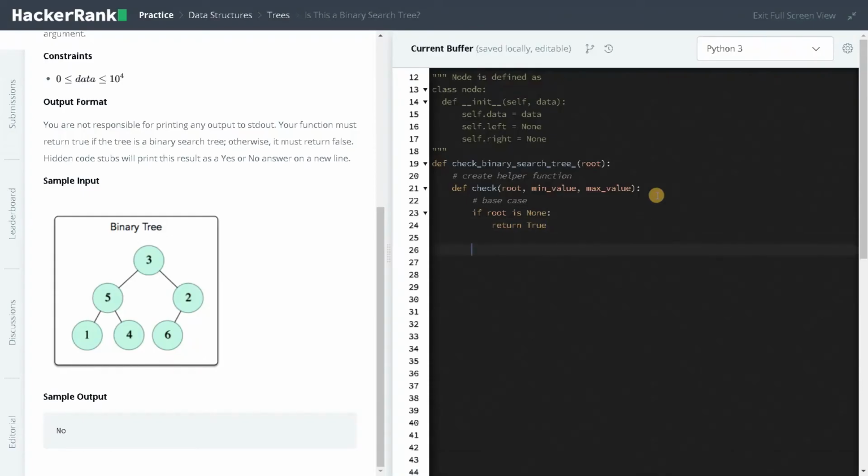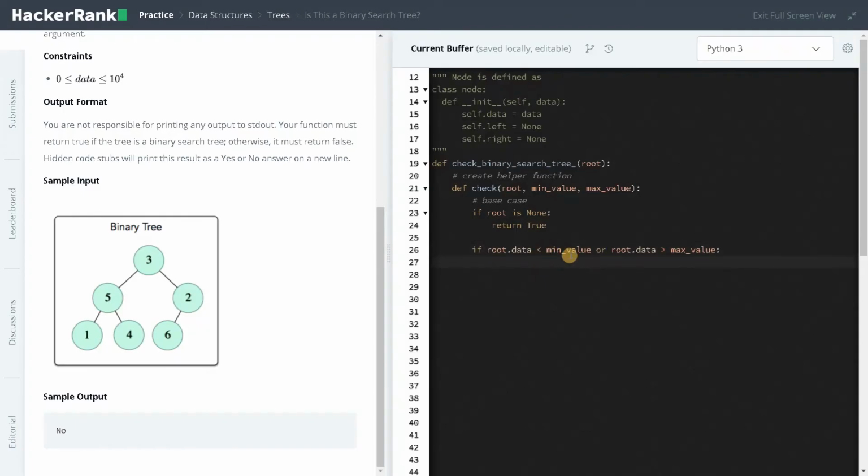Now for the other condition, this is the general condition we have to check. If root dot data is less than min value or root dot data is greater than max value, okay, this is or.